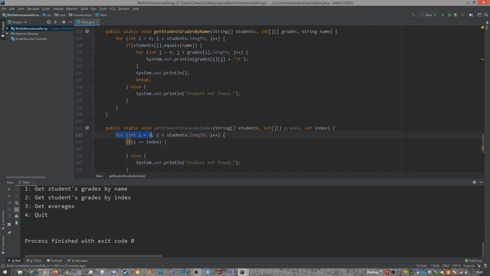So basically here, if you're not familiar with this, we're going to sort through the students, and if I and index ever match, that means the student with that index is there, and we can output that student's grades. So we'll just need to do another output. Says grades for students I,